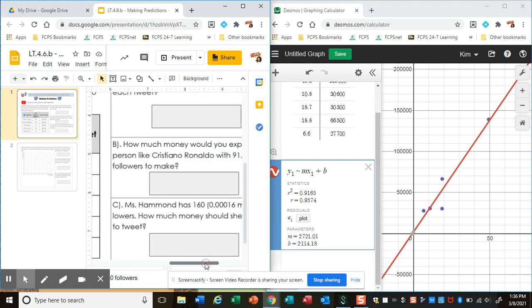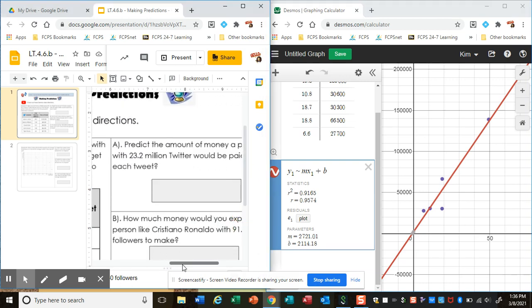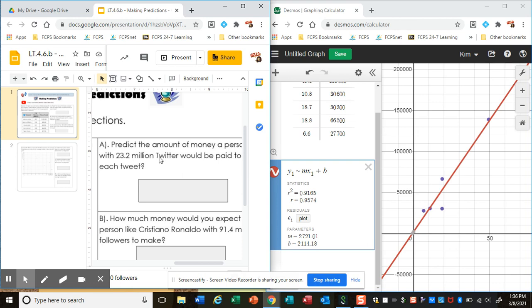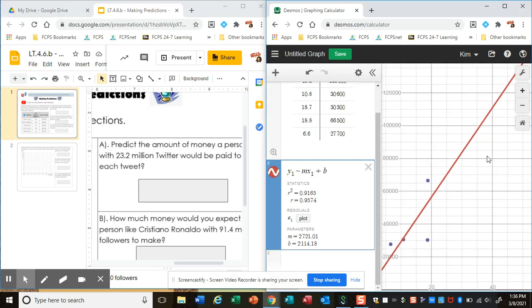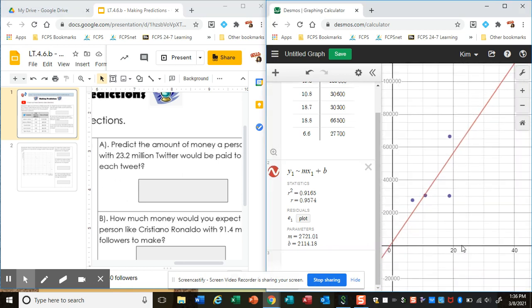So our first prediction is asking us to guess how much money somebody would make if they had 23.2 million Twitter followers. So when I look at the x-axis, I zoom in a little bit. 20 is right here. So 22 is about here. So I'm going to follow it all the way up to my red line. When I click on my line of best fit, an ordered pair comes up. I'm trying to get to 23.2 million followers. So I'm just going to keep clicking. Oh, I went too far. There it is. So at 23.2 million Twitter followers, you would expect someone to get paid